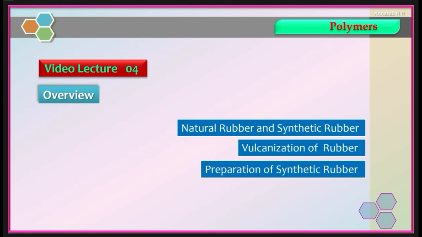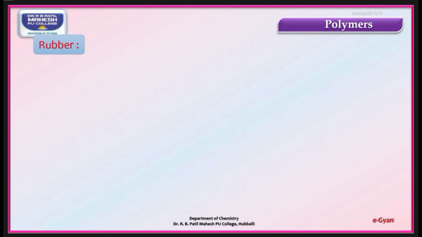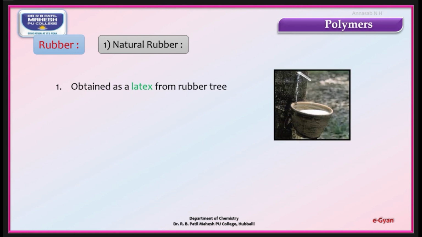Let us begin today's session, rubber. In that we are going to learn natural rubber and synthetic rubber. So as the name itself indicates, it is obtained from a plant source, that is, latex of rubber tree is natural rubber, which is a colloidal suspension. You know what a colloidal suspension is, which has smaller particles, and it is a linear polymer of isoprene. So here isoprene is the monomeric unit of natural rubber.